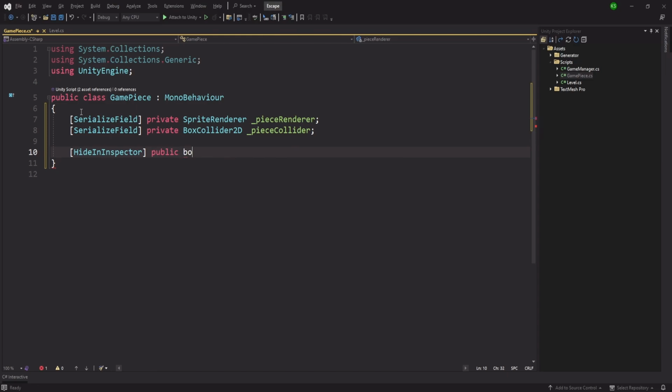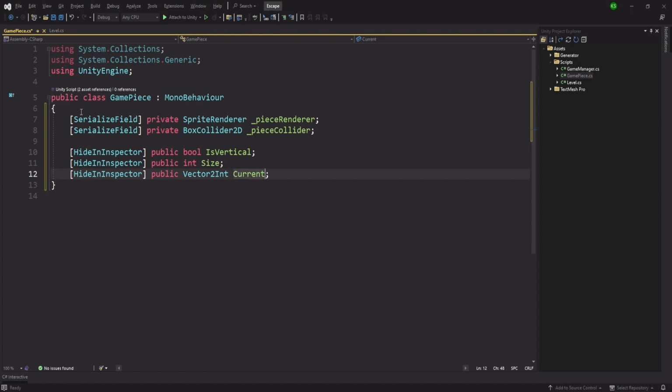We are going to have a public boolean for its vertical, and a hide in inspector public integer for size. Hide in inspector public Vector2Int for our current grid position, and public Vector2 for our current position. So when we want to change the position, we are going to change the current position, which in turn will change its